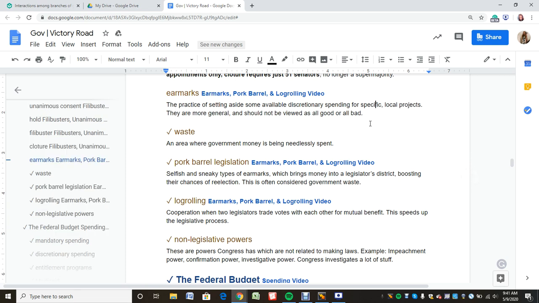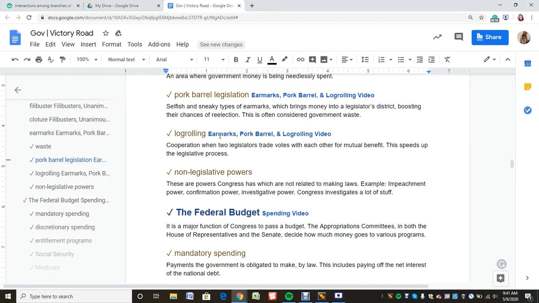Now, something that gets mixed up a lot, and I even mixed this up before I really delved into it, was pork barrel legislation as compared to log rolling. Now, log rolling, I have a really weird way of thinking about this. I think of a giant log, and there's two people, and they're rolling it back and forth to each other. And all the while it's on the ground, it keeps picking up dirt and gross things because this practice is corrupt. And that's how I remember it a little bit.